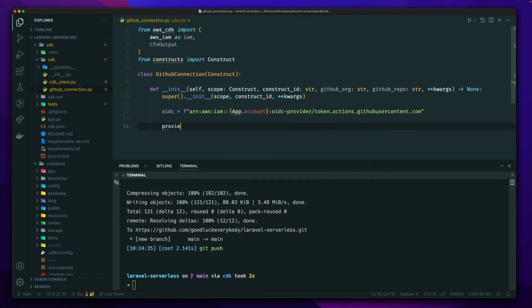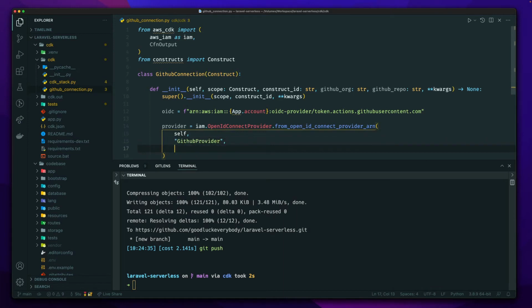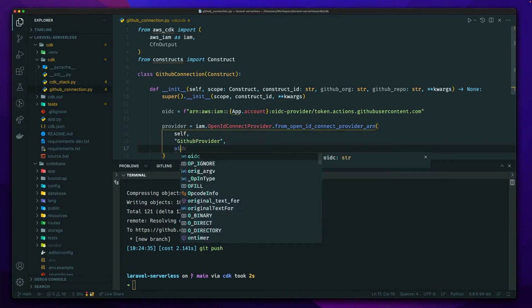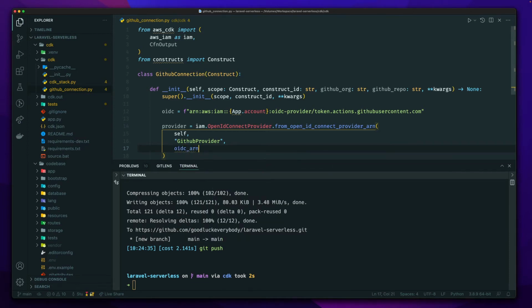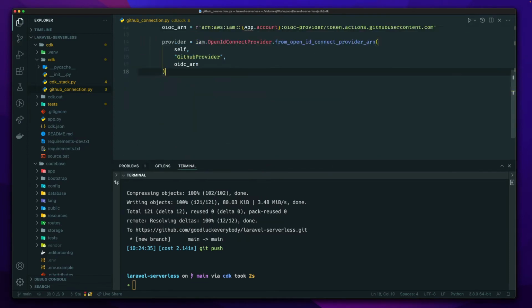So I'm going to say, this is the provider that we've just created. OpenID connect provider, and this is from OpenID connect provider. And it's the OIDC ARN on there. Let's call that OIDC ARN, a bit more clarity on what's going on there. Okay, so